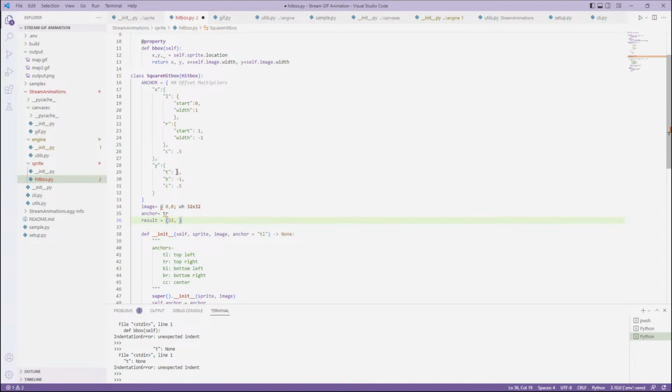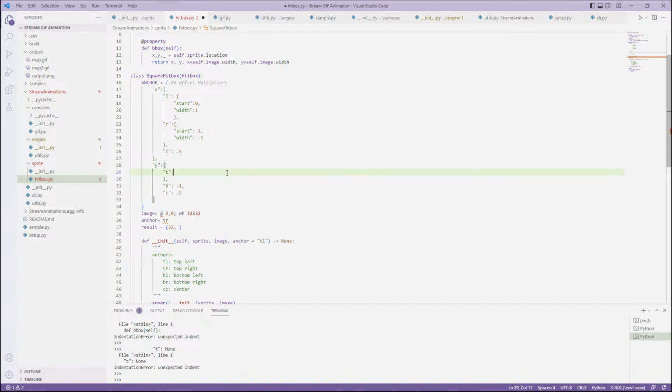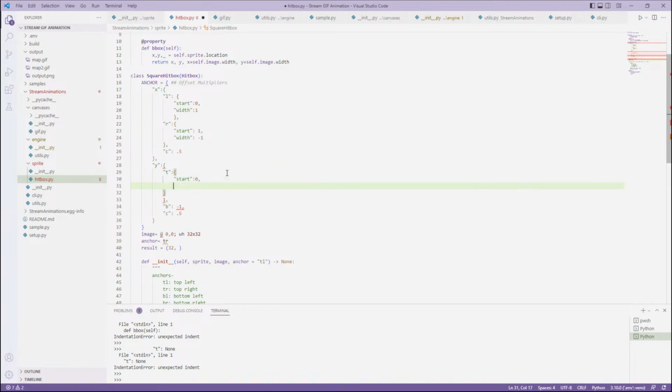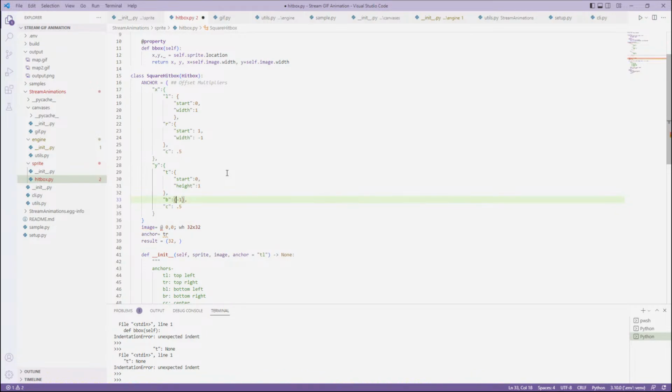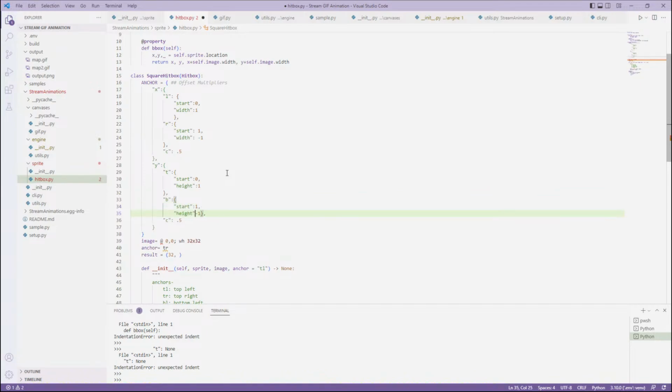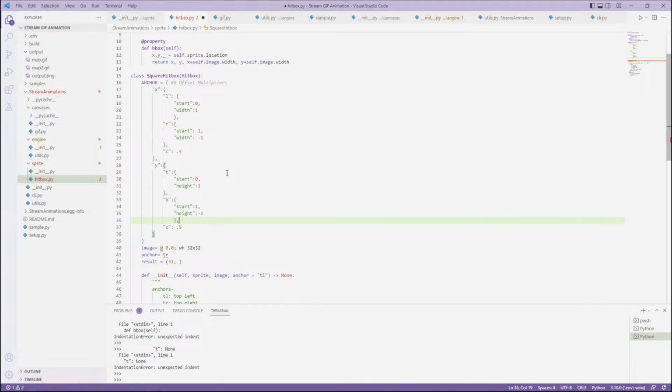The top is going to be, let's just get this typed up really quick so that I can finish the demonstration. Start is 0, width is 1, or height rather. Start 1, height -1. There we go. All right, so top right, so that's 32 on the first one, and then this is going to be